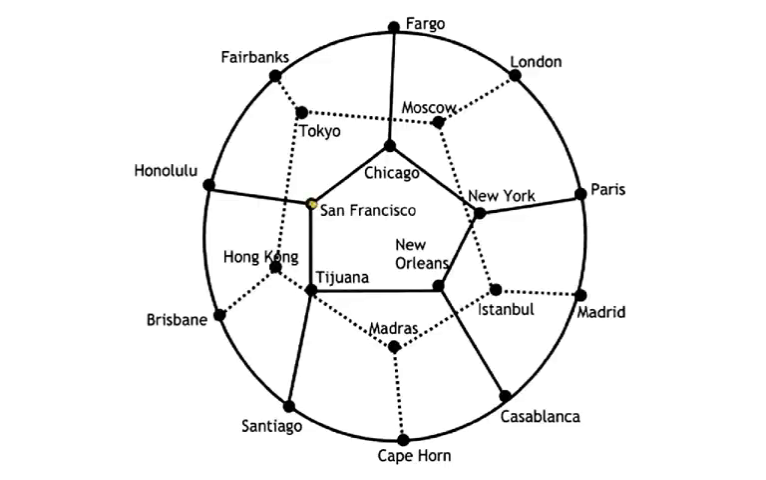So as an example, there's multiple examples, but as just one example, we're going to go from San Francisco to Chicago, down to New York, New Orleans, and Tijuana. And so I visited each city in this little situation right here. And so now I need to go out along the edge of the circle. So we'll go up to Santiago, and then we'll go around Cape Horn, Casablanca, Madrid, Paris, London, Fargo, Fairbanks, Honolulu,